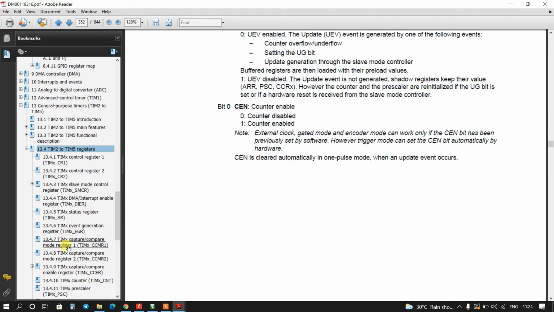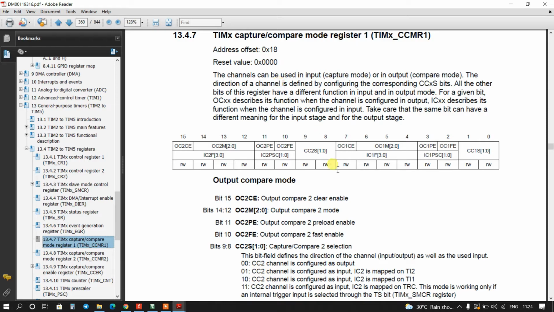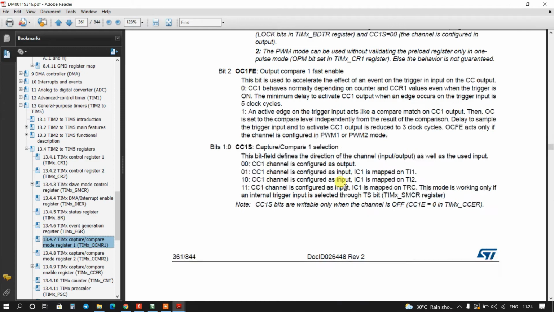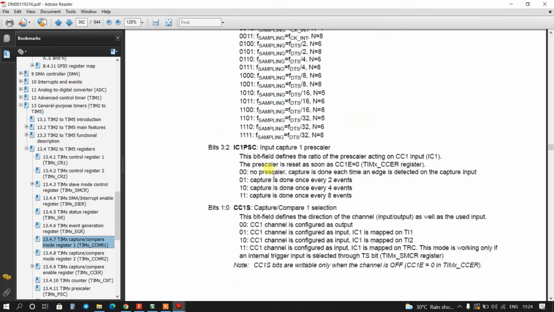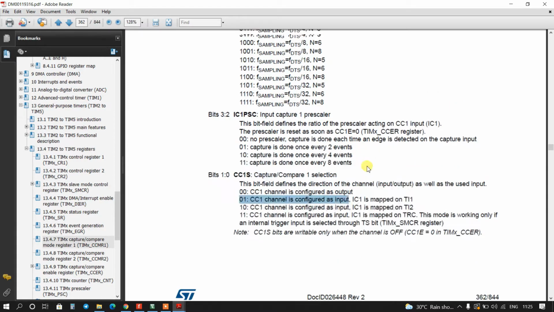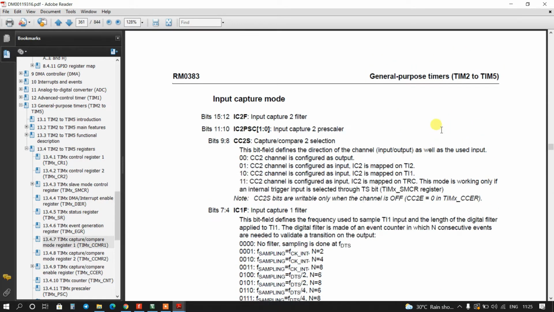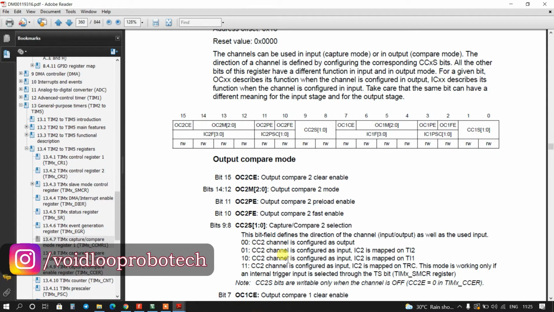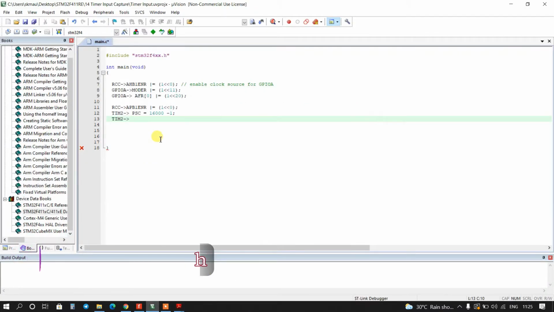Okay, and here select capture mode register 1. Okay, so here go to 0th bit. For the input capture mode it will be 01, because the channel is configured as an input. So it means this bit will be 0 and this bit will be 1. Okay, so we can write here